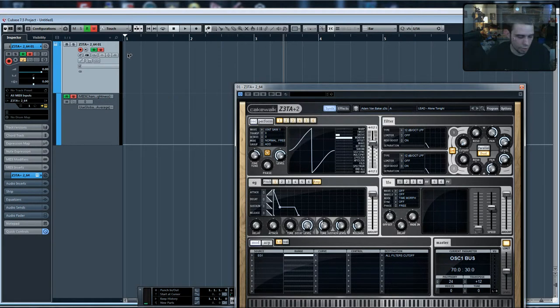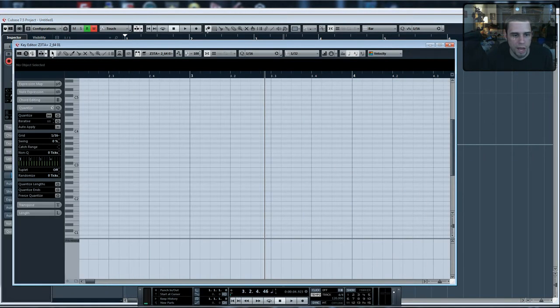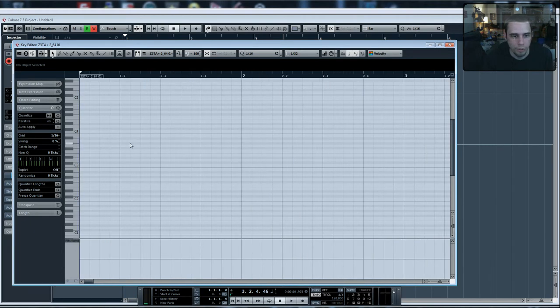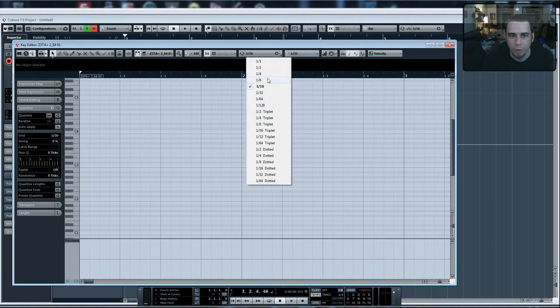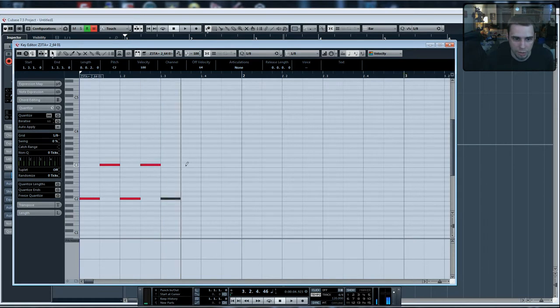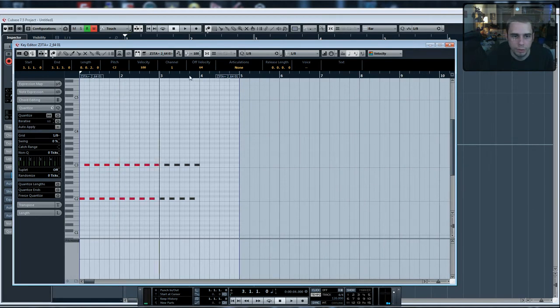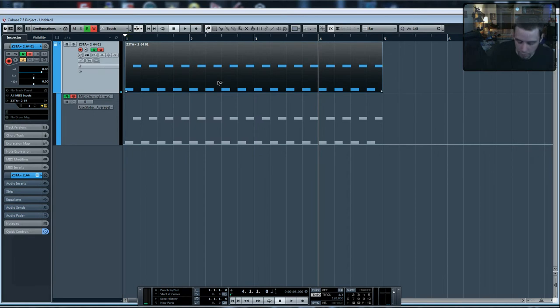I'm going to create a short pattern for us to work with here. Nothing too crazy. I'm going to go with big notes. Keep it nice and simple. Something like that. Just a nice little octave bass line. I'm going to copy that over a bunch of times. Perfect. So now, if we play this back,